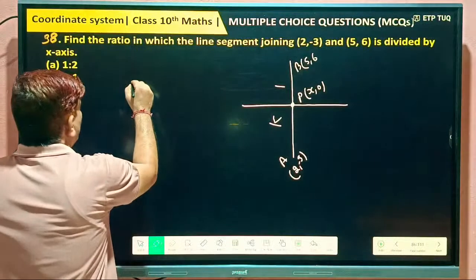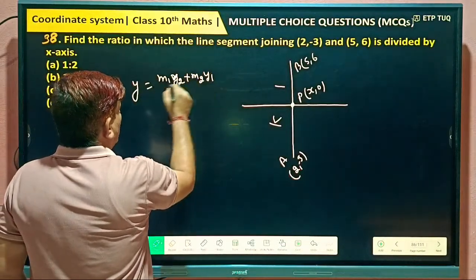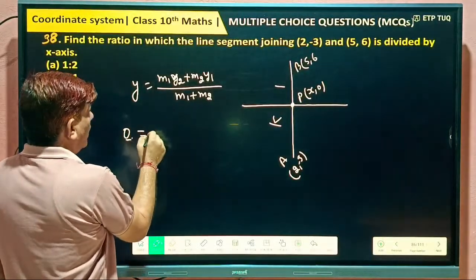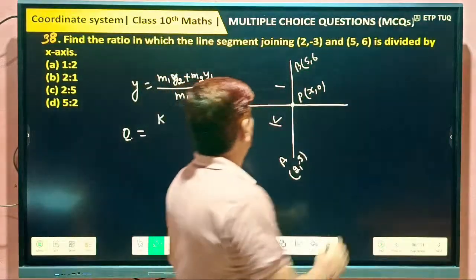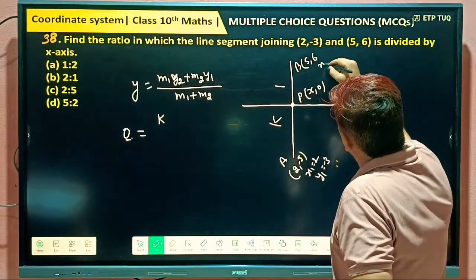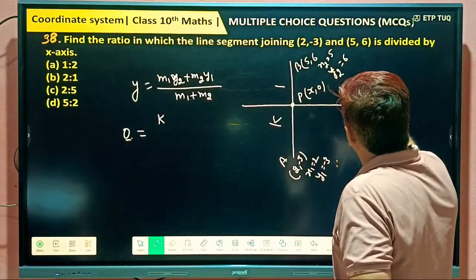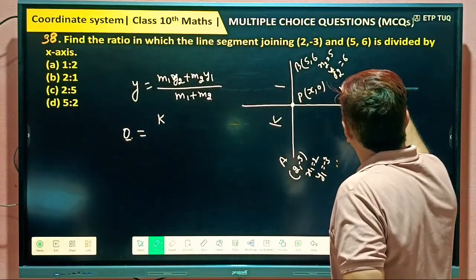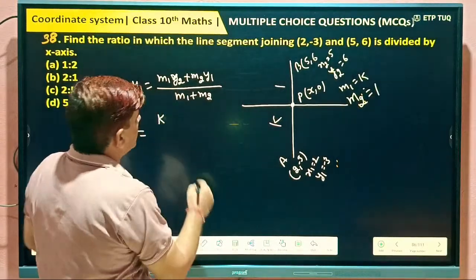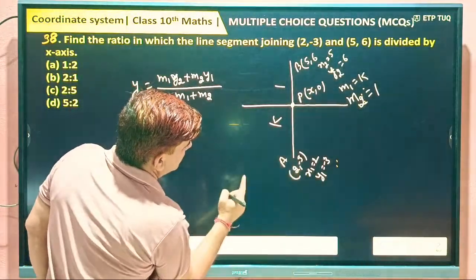Understood? So y, we know, y equal to (m1 y2 plus m2 y1) by (m1 plus m2). So y is 0 here, m1 is k, y2 is 6. This is x1 equal to 2, y1 equal to minus 3, x2 equal to 5, and y2 equal to 6. m1 equal to k, m2 equal to 1. So find out: m1 k, y2 6, into 6 plus m2 1 into y1, y1 is minus 3,